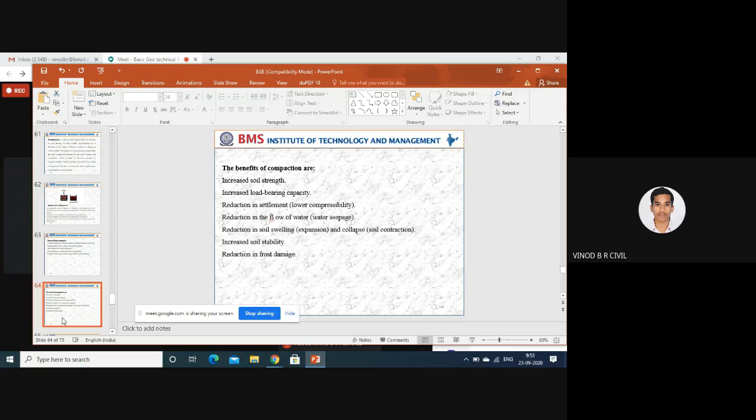The next one is the benefits of compaction. What advantages can we expect? What benefits can we expect? The first one is increased soil strength. Obviously, when you go for compaction, we can improve the bearing capacity of the soil. Suppose you want to construct a building on natural soil and another on compacted soil. What difference can you see? When you construct on natural soil,